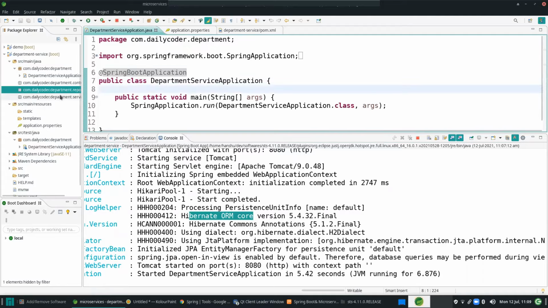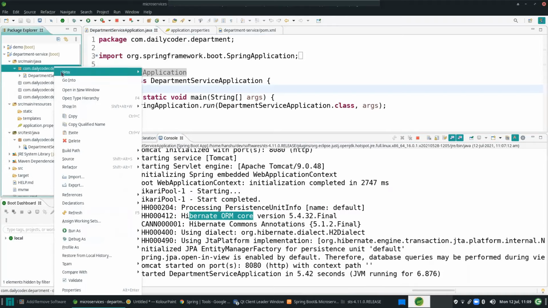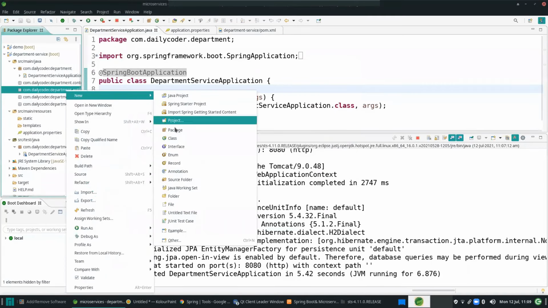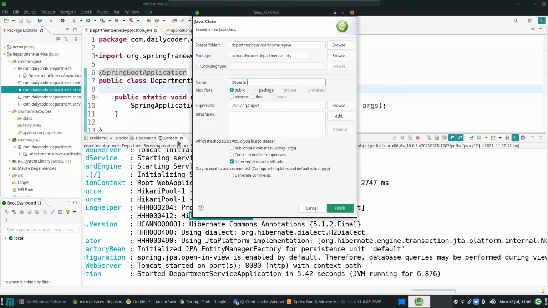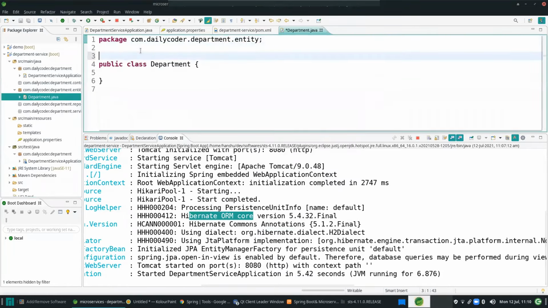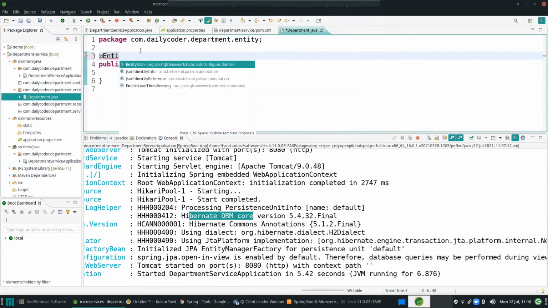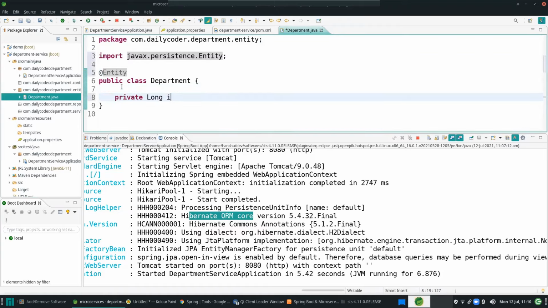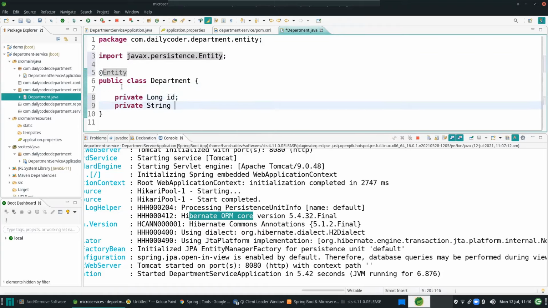Now I'll create the entity package as well. I'll create the new class, department entity. For simplicity, I'm adding only 2 properties. So now private long ID, private String name: department ID and department name.